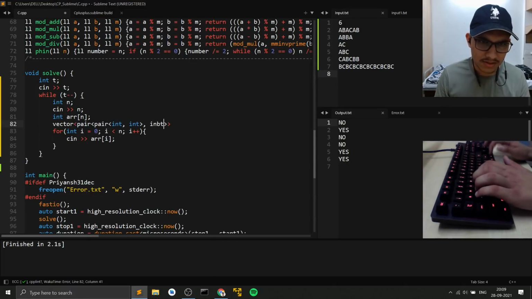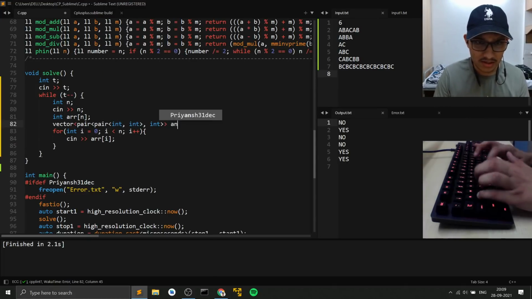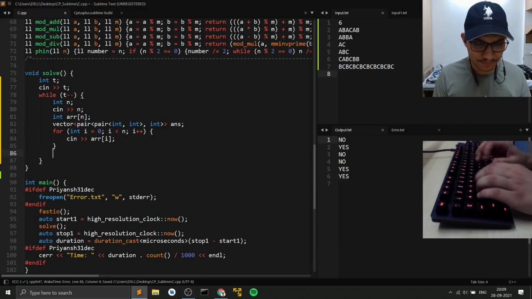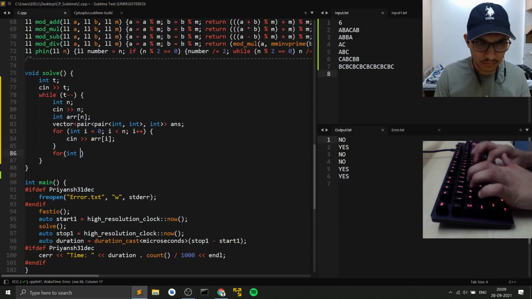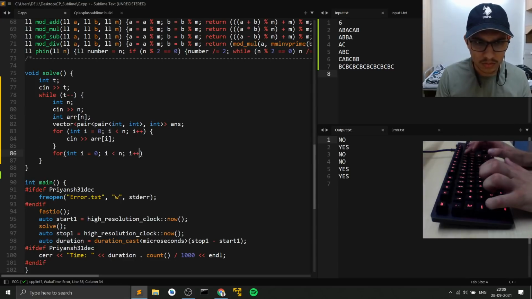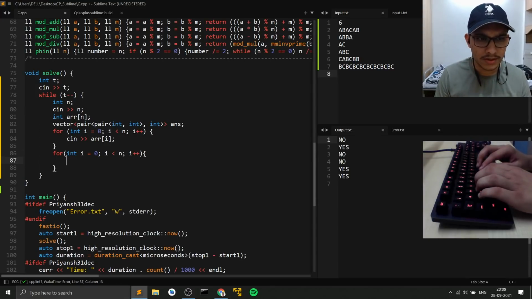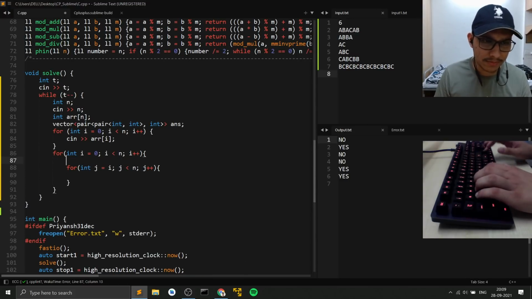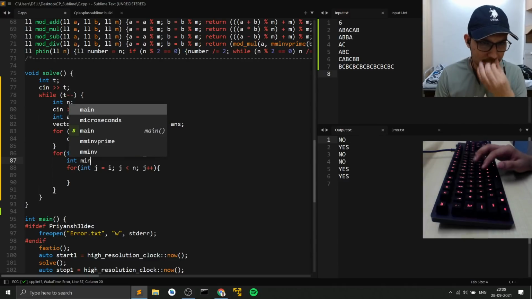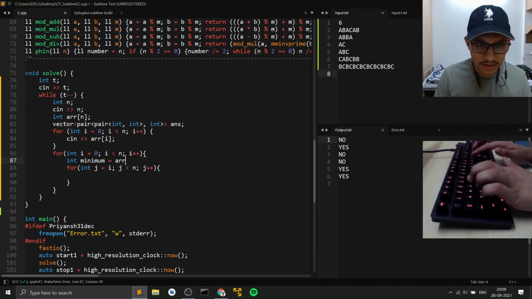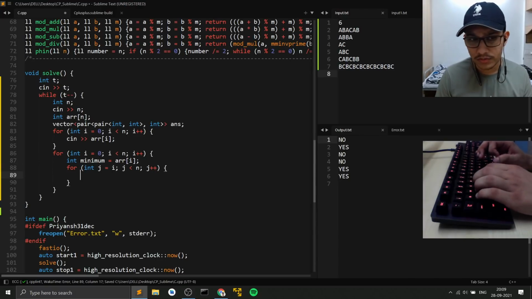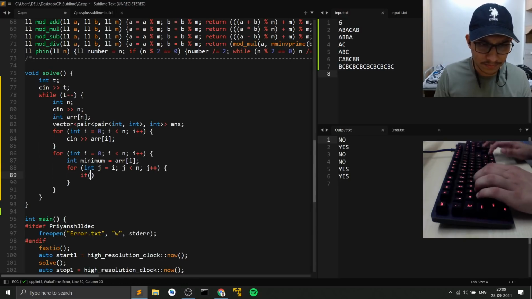So this will be my answer vector, wherein I will be storing all these operations that I'm doing. After this, what I do is I look for the minimum element. For int j equals to I, j is less than n, j plus plus. And I want to find the minimum element, so int minimum equals to ARR at I. And here what I do is I look for the minimum. So if, in fact,